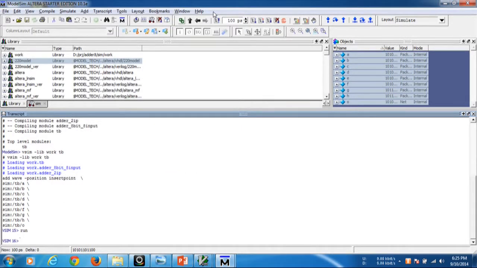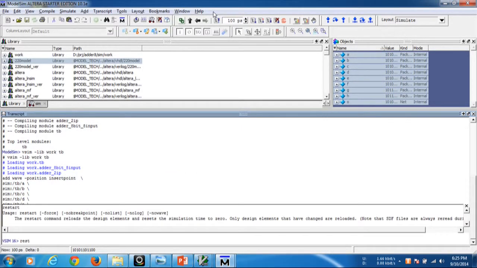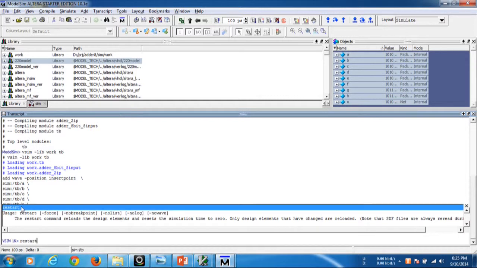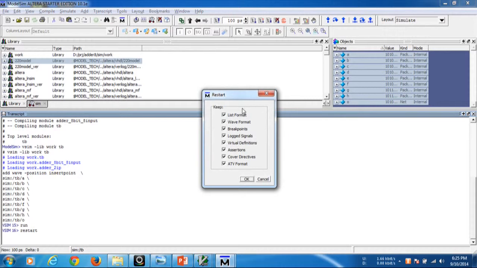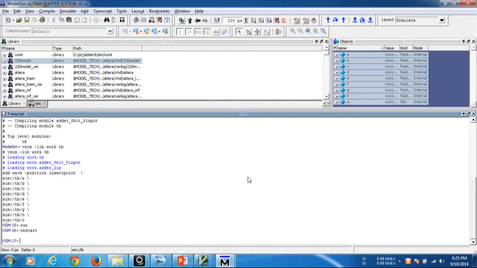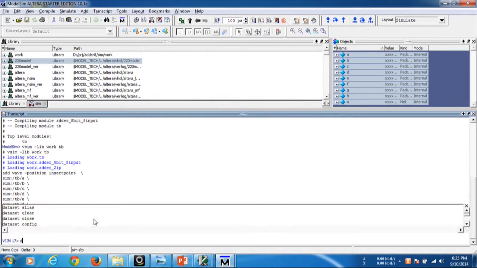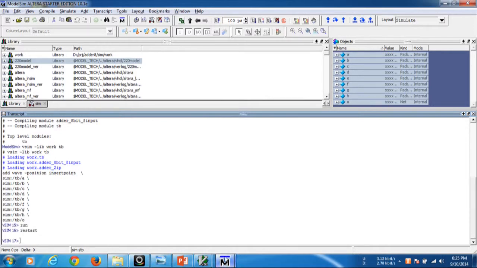If you use the command restart, it restarts all the modules and objects, and it asks what to be restarted. Okay, I'm pressing OK. So it restarted. Now press do wave.